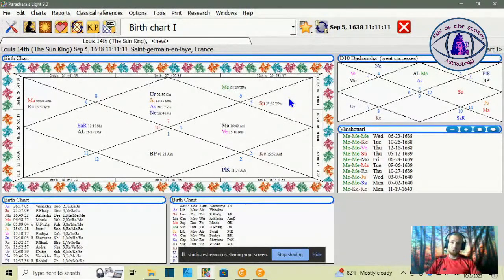So first off, Vishaka nakshatra in Lagna. Vishaka nakshatra is an extremely strategic nakshatra. It's all about having goals. These people are very goal oriented. Once they accomplish a goal, they're not satisfied with it. They have to move on to the next thing. So there can be this theme of never being completely satisfied, and it's not that they're not satisfied with what they did or they're not proud of something. It's just that they don't want to stop there. They're very task oriented people, very strategic minded, very logical people.